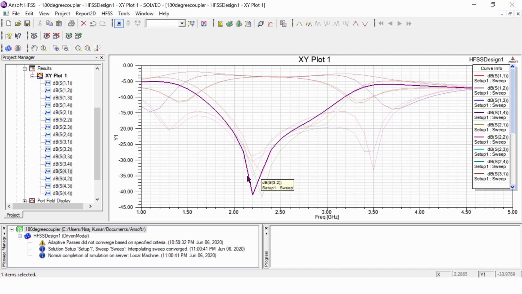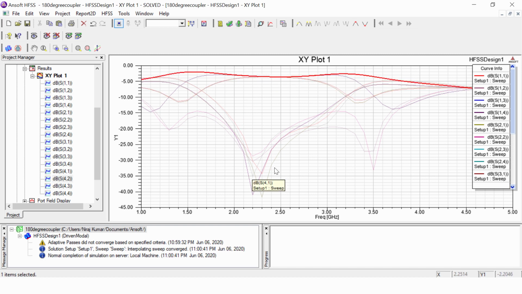Also, those ports which are isolated from each other will have the lowest value here, and a few of the ports you can see have approximately 3 dB value. That means there is transmission between these ports.